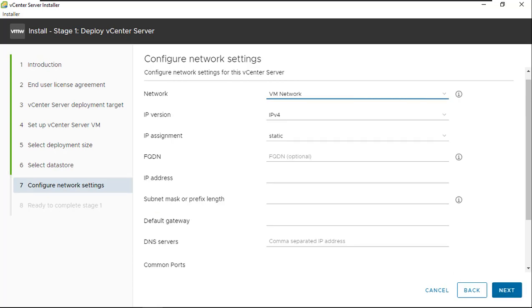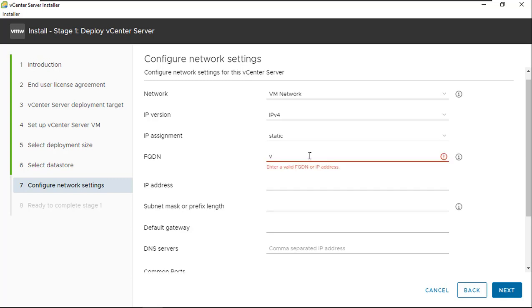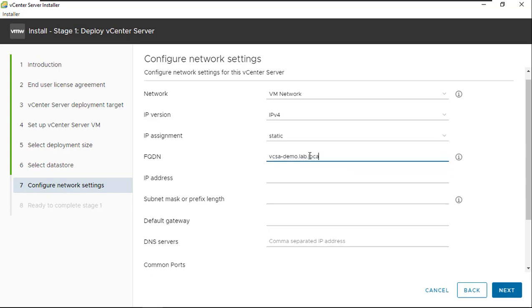And at this screen, we're going to choose all of the network settings for my vCenter server appliance. I'm doing IP version 4, and for IP assignment, I am choosing static. And so this vCenter server appliance is going to get a static IP that I'm going to specify. I'm going to make sure that it matches whatever I configured in DNS. And then I'm going to establish the FQDN, the fully qualified domain name. And again, I need to make sure that this matches whatever I have configured in DNS. So my FQDN here is going to be